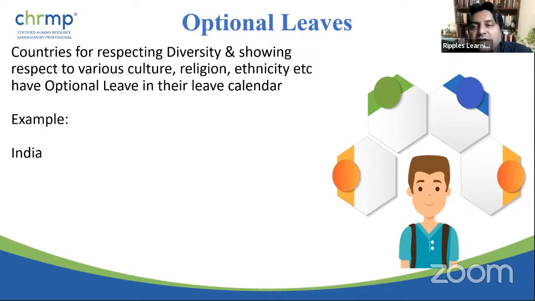Or let's say if on New Year's Day or 31st the office has to be closed, then it will be closed, right? It is something that becomes an optional definite holiday. You need to keep all this in mind while creating a policy, because there are also offices with multiple locations. For example, in India, we have offices in Bangalore, Chennai, Hyderabad, Mumbai, Delhi, different locations. When we create a leave calendar, we have to think of what is important where.